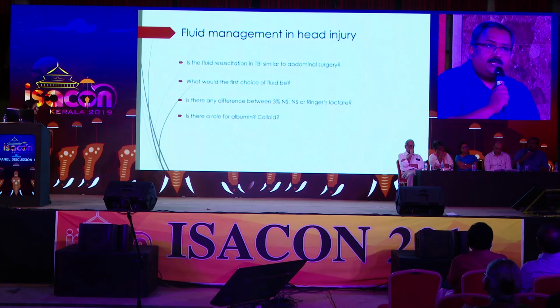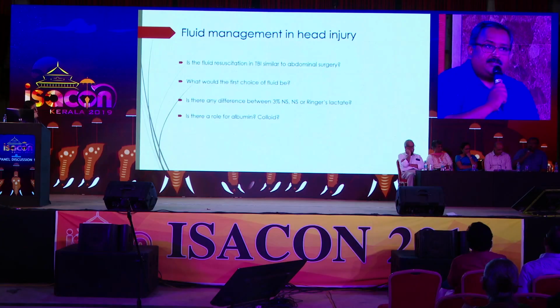So we know that brain and spinal cord is protected by blood-brain barrier, and mostly nothing but water goes in and out. So in traumatic brain injury, we should know that blood-brain barrier is injured. There will be a lot of inflammatory mediators in play, and due to injury, probably the cerebral autoregulation is also lost. So we have a patient with all these protective factors which have gone for a toss.